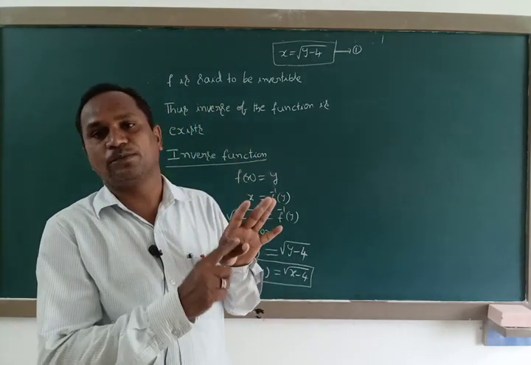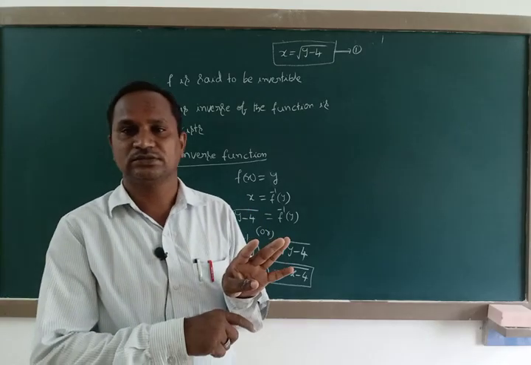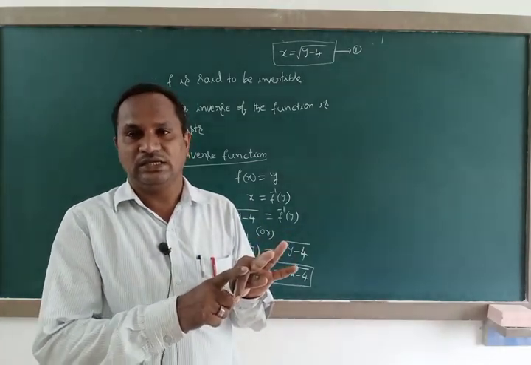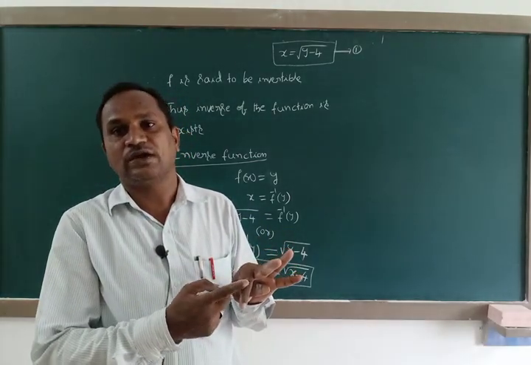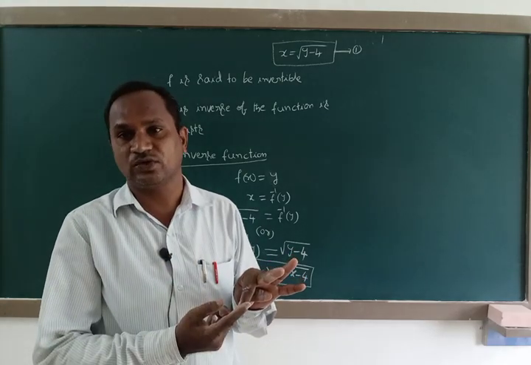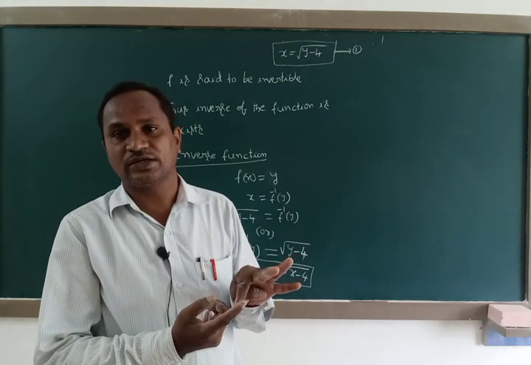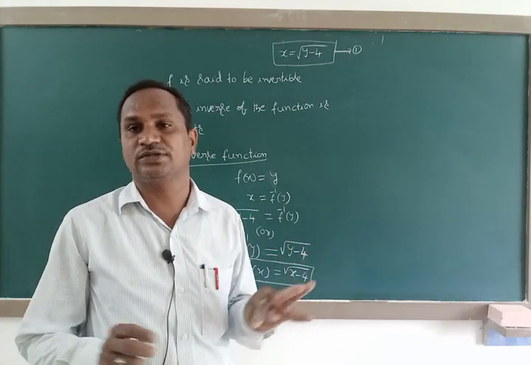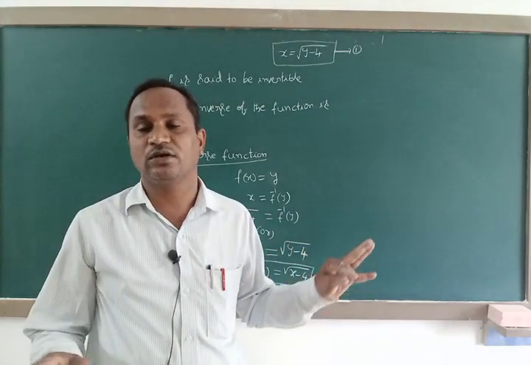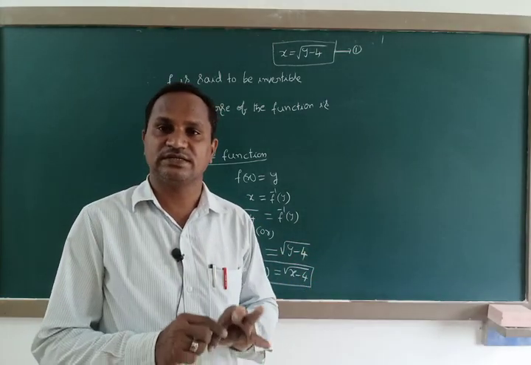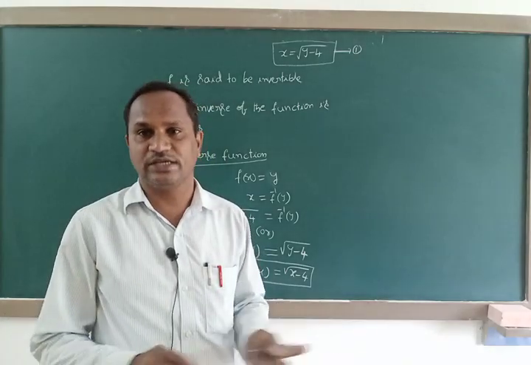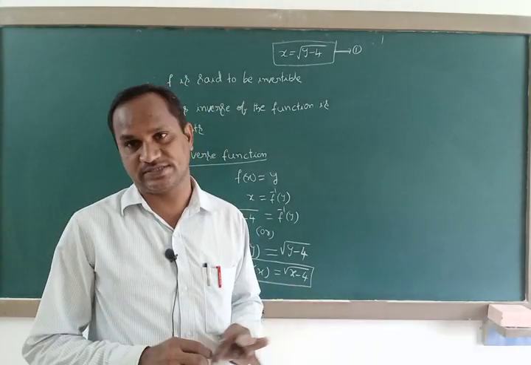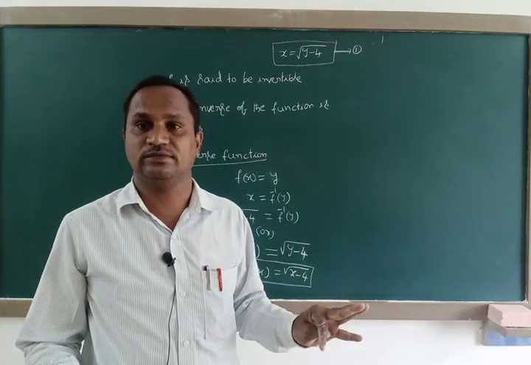First, we have to give the proof for one-one function. Next, onto function. If it is an onto function, we have to give verification, that is f of x is equal to y. If it is not an onto function, you can stop the solution there. F is not onto, therefore the inverse of the function does not exist. F is not said to be invertible. Like that, we can write some words if f is not an onto function.